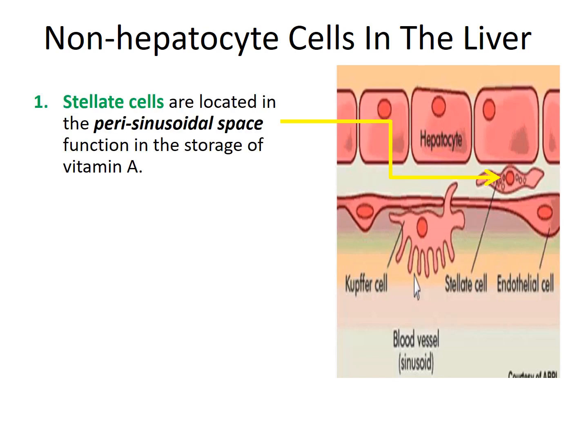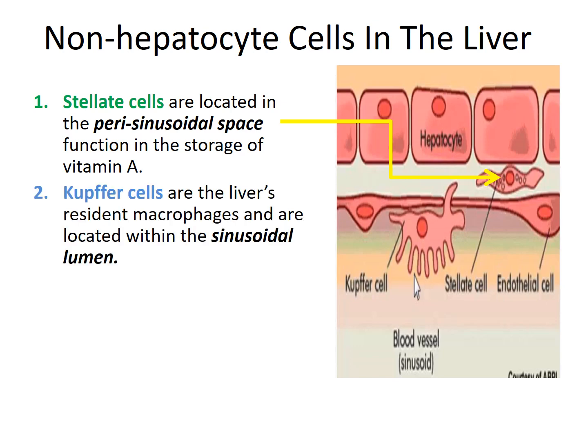These cells are stellate cells which are located in the perisinusoidal spaces. They function in storage of vitamin A. These cells are also important because they are responsible for the secretion of fibrous material in case they are stimulated by cytokines. So when cirrhosis happens, these are the cells which are responsible for the fibrosis that is happening in the cirrhosis.